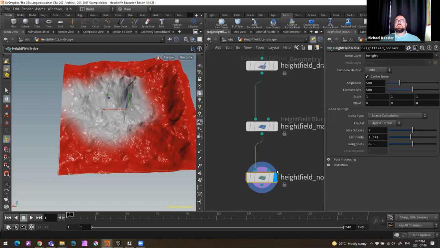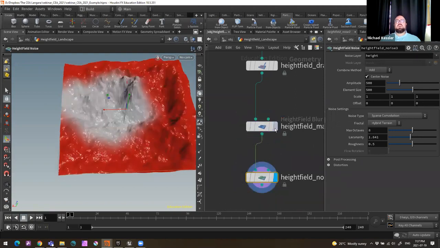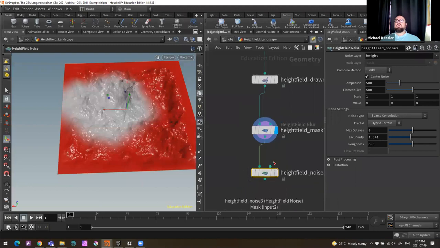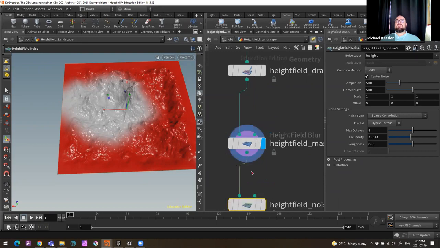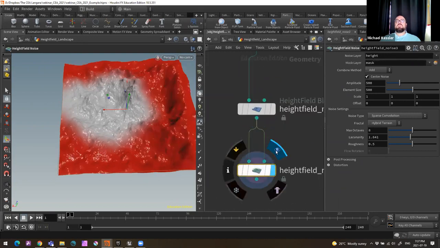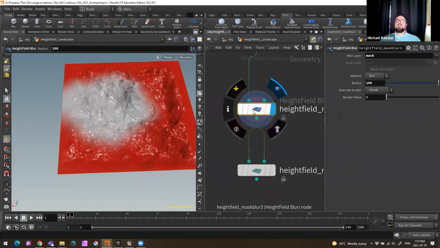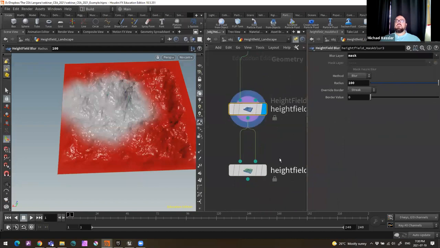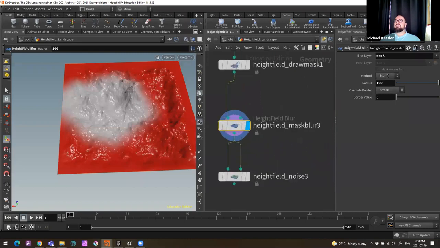So we have an issue here, and you can also compare what's going on. Oh, I'm silly. So what I needed to do was put this mask through, and now it's just doing the red part when I actually want the inverse of that. So let's go back and select our height field mask